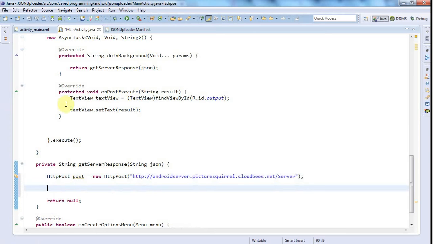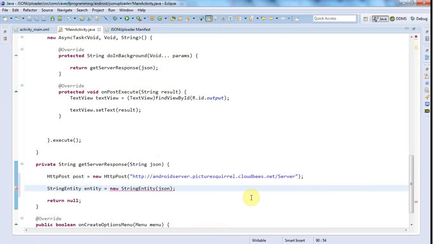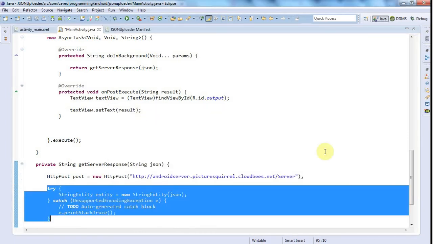And I need to wrap my JSON string up in a string entity. So I'm going to say string entity equals new string entity, and then I pass the string that I want to send to the constructor of string entity, and that throws an exception. So let's just surround with try catch,